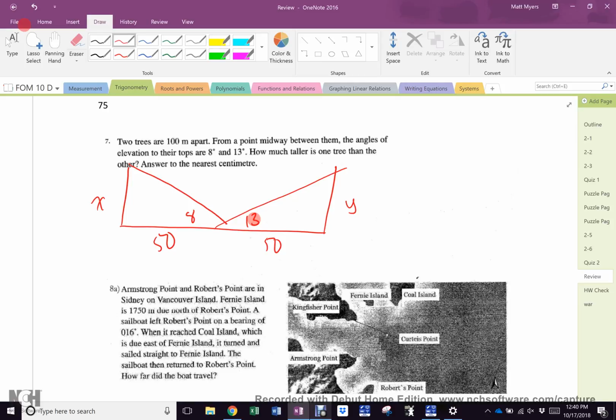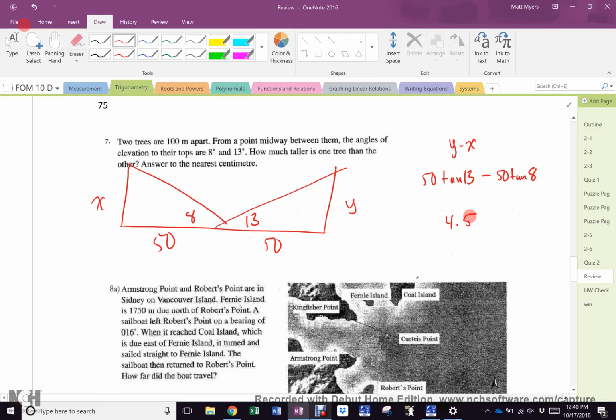Excellent. Now, I want to know the difference in height. So since the y for me is the taller one, I need y minus x, don't I? Right? For me, the way I drew it. Y minus x. Y is 50 tan 13 minus x, 50 tan 8. And the answer is